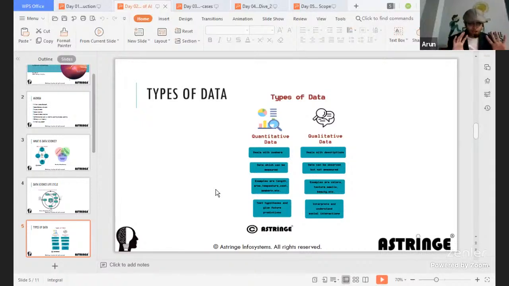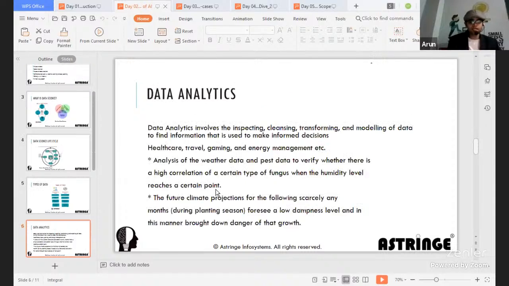So how you look at the data is what matters. If you think this data could be qualified in a categorical way, there's something called categorical data and continuous data, which we'll touch on in the further slides. So you will go with that approach, like whether you give a feedback form with 1, 2, 3 stars and all. If you are giving it on a scale, to judge whether this is up to the mark, then you will go with quantitative data. Okay, so now let's understand data analytics.